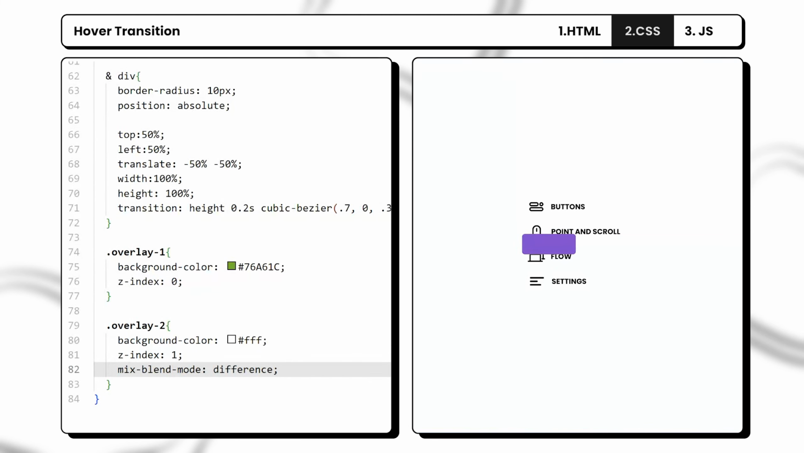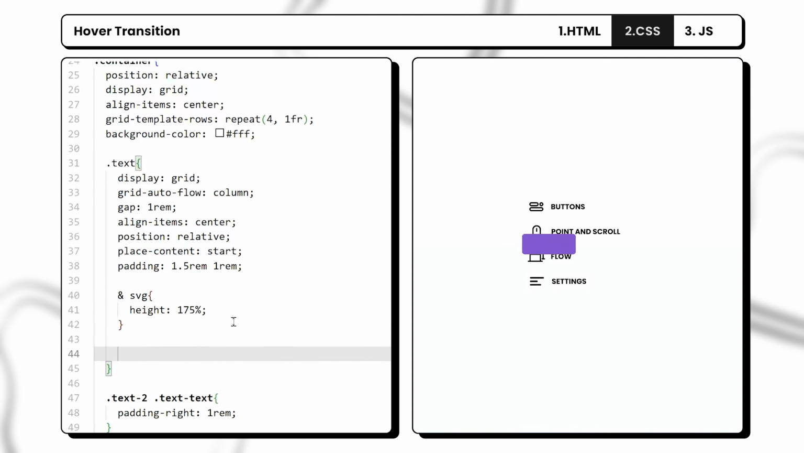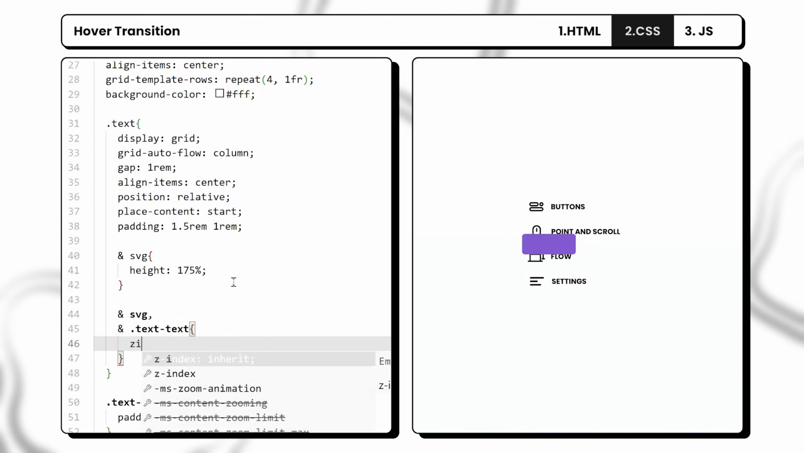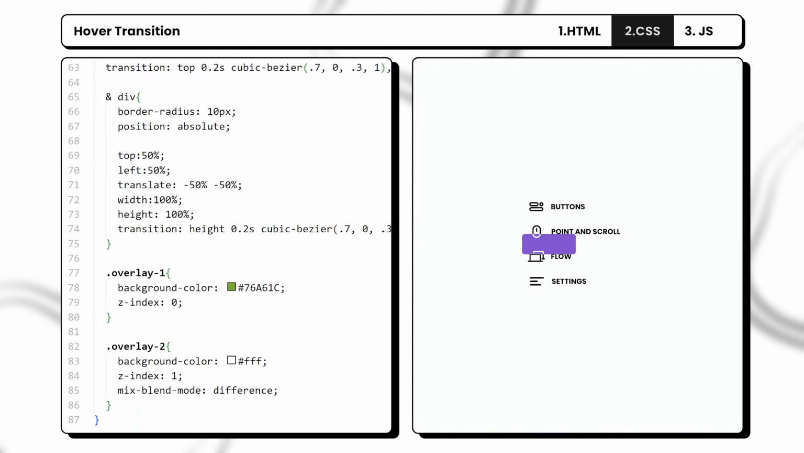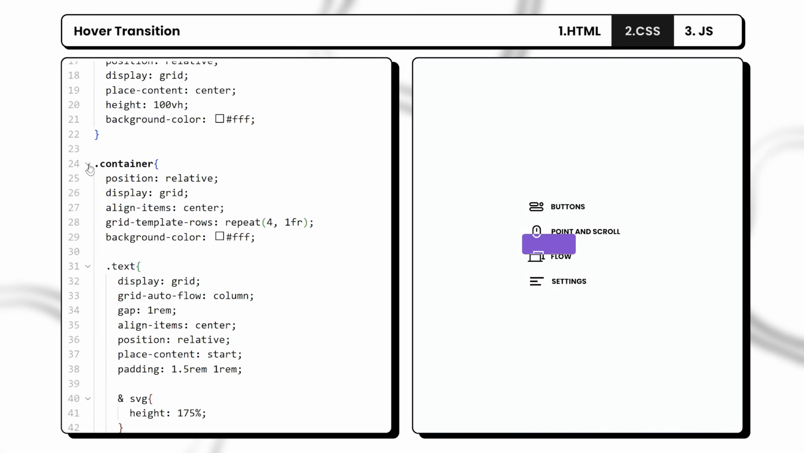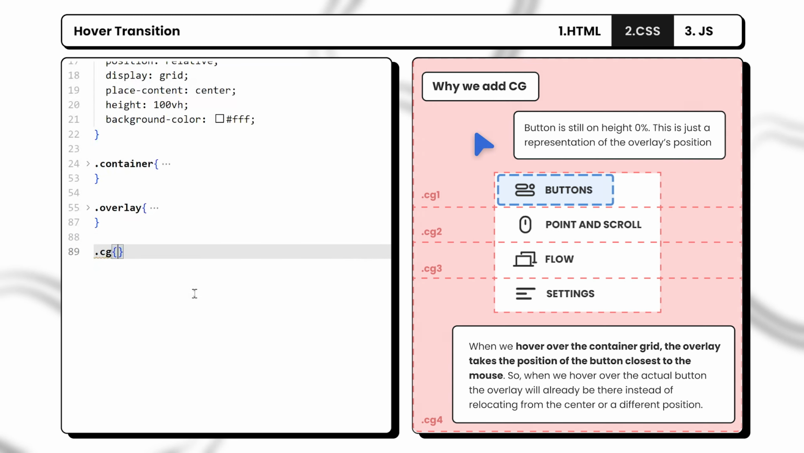So what we have to do is go back to the comment I left earlier and do and svg, comma, and .text-text. And we will set the z-index for these to 1 as well. So basically what we've essentially done is we've set overlay 1 to be in the back by setting it to Z index 0, and the illustrations and text along with overlay 2 to be at the front with Z index 1. So now that we're done with the overlay and the container, we can hide them and move on to